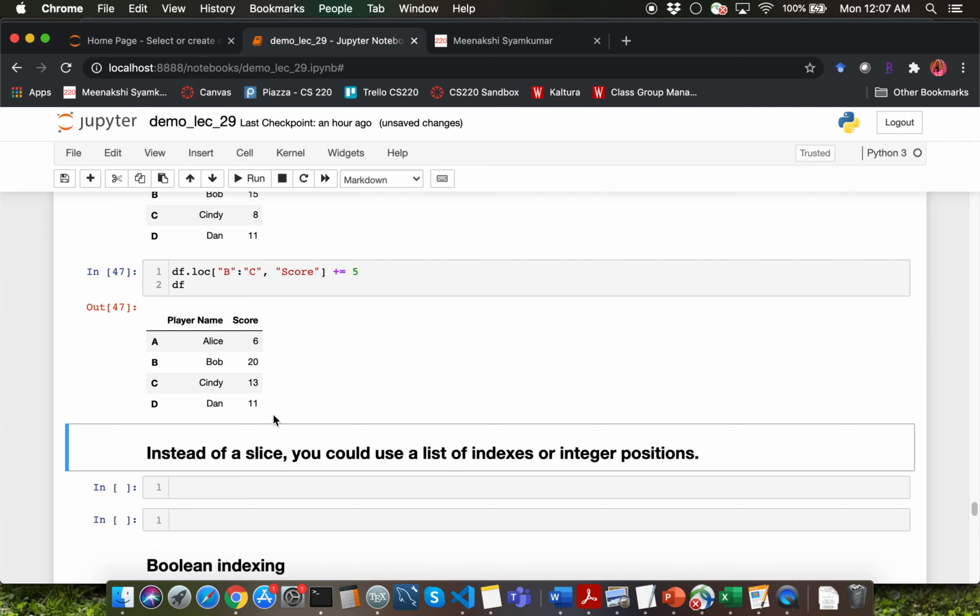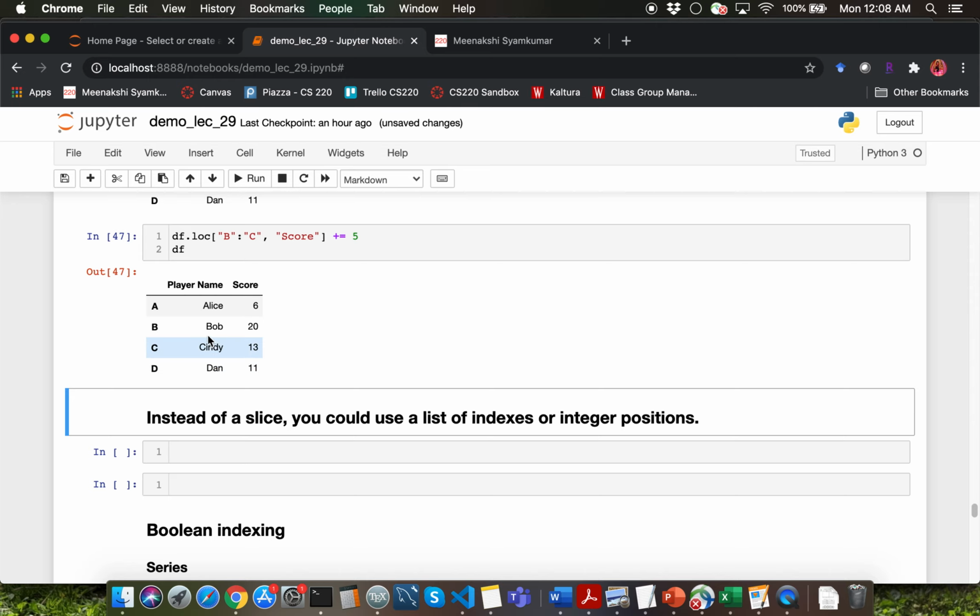We don't have to essentially restrict ourselves to mentioning a slice within the row parameter configuration over here. Recall that Pandas allows us to mention complicated expressions within the square brackets that will include mentioning a list of row index values which we want to update.